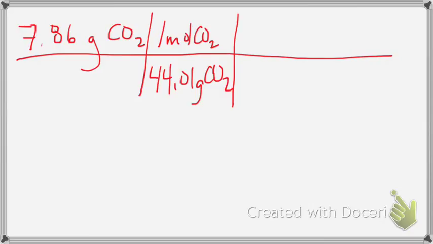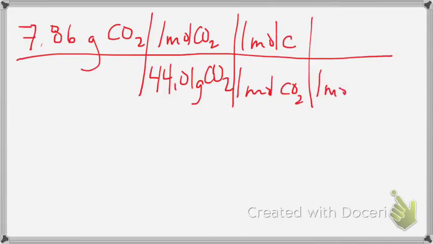Based off of the molecular formula, we know that 1 mole of carbon dioxide is equal to 1 mole of carbon, because there's 1 C in CO2. And we know from the periodic table that 1 mole of carbon is equal to